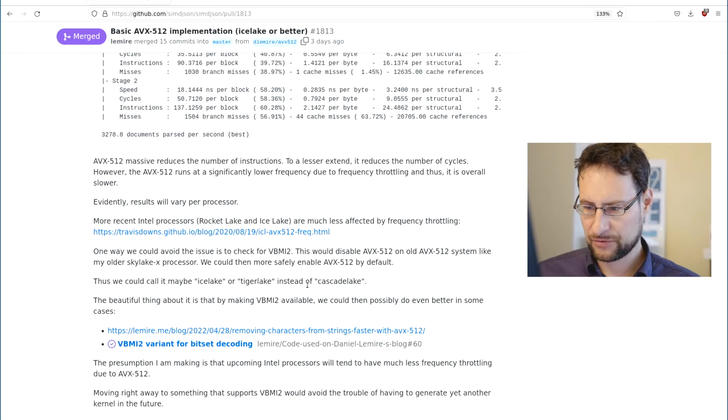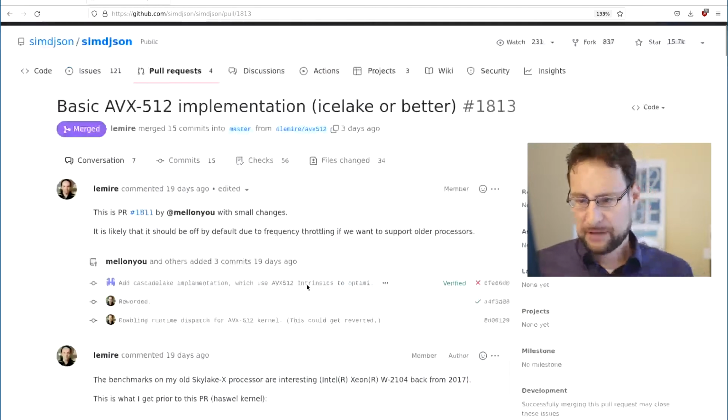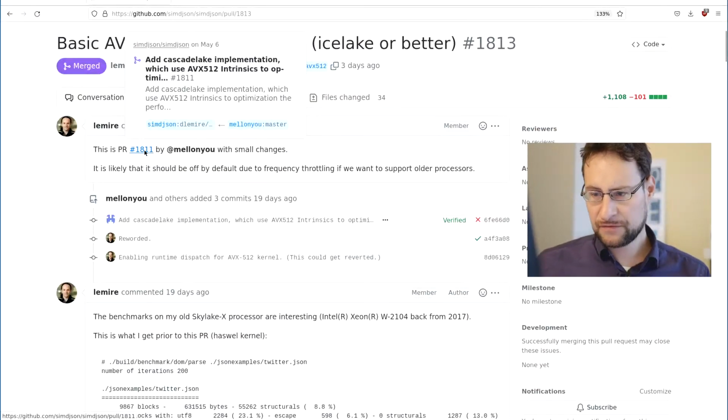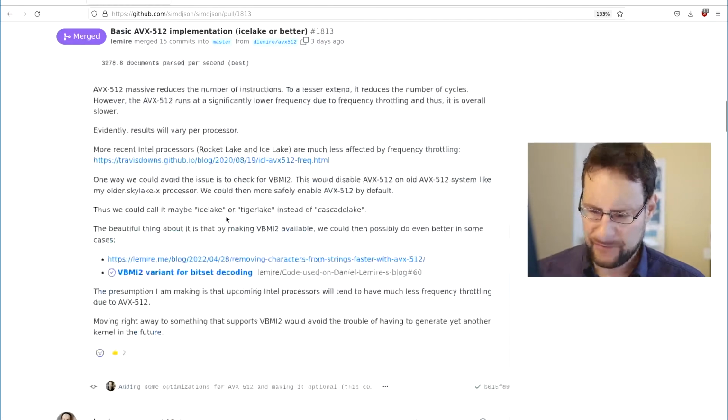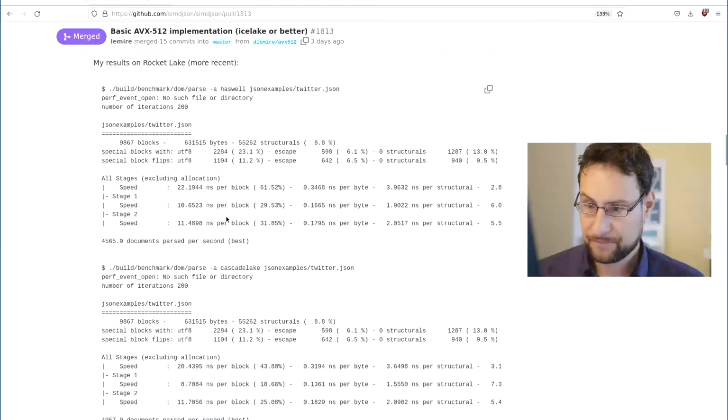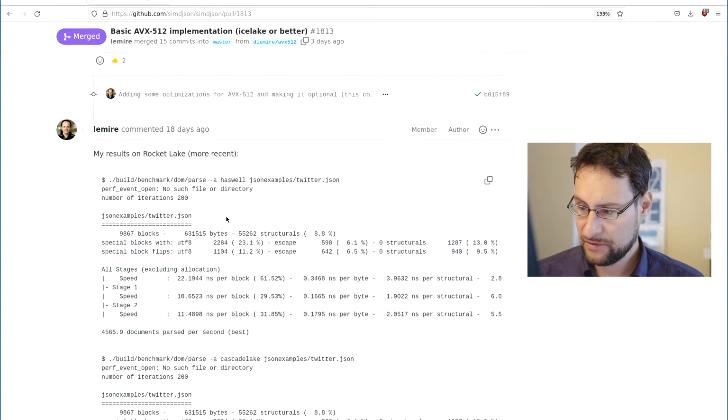More recent processors, Rocket Lake, Ice Lake, are less affected by frequency throttling. I actually wanted to see the diff. This is a PR with a small change, likely. It's likely that the results are off by default due to frequency throttling. Yeah, we will be curious to see how much AMD is affected.